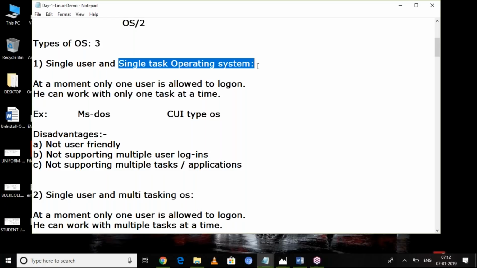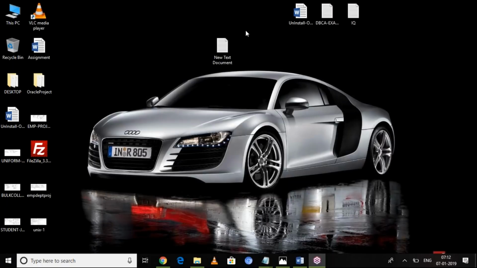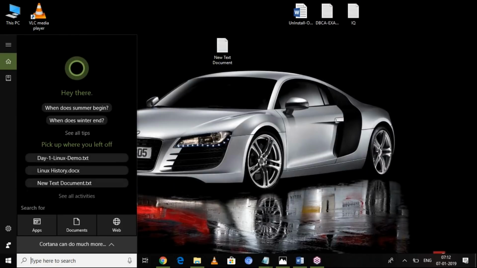The example for this type of operating system is MS-DOS, Microsoft Disk Operating System. Listen carefully. In the old days, before the Windows operating system, DOS was there. I'm not talking about nowadays.